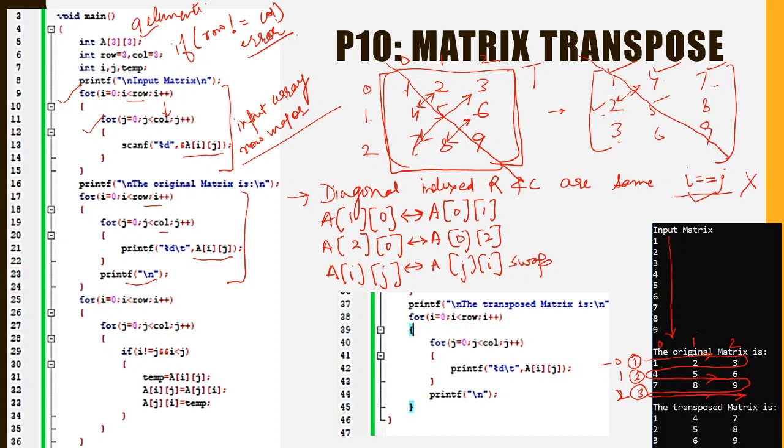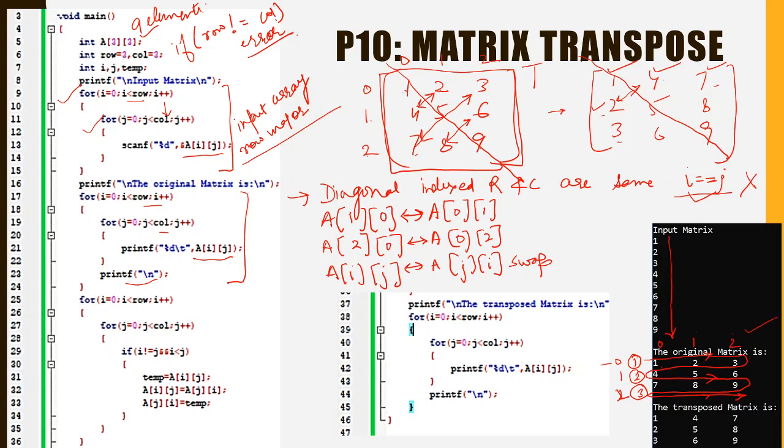Because if you do both interchanges, it is like a person going from location A to B, and a person coming from B to A when you scanned A only. But when you get to the B location and ask them to interchange again, they will come back to their own original location. In this way the interchange will not be possible, and you will get the original matrix back.